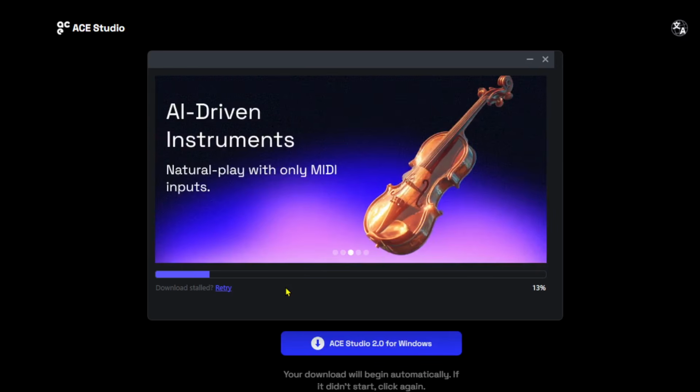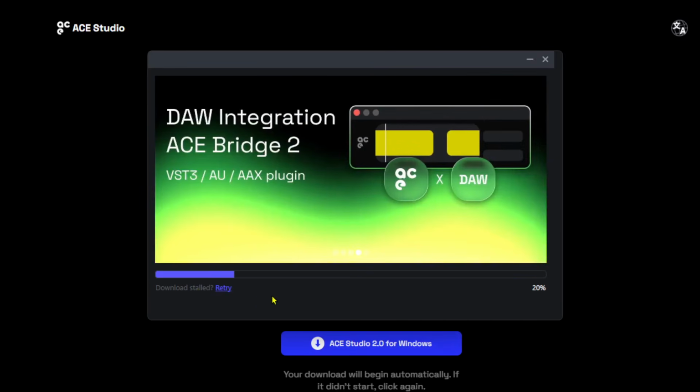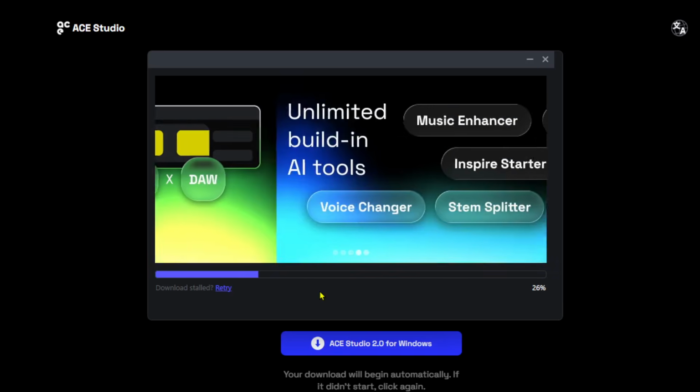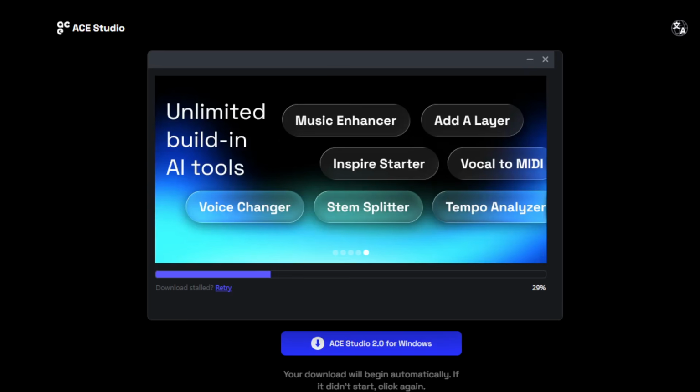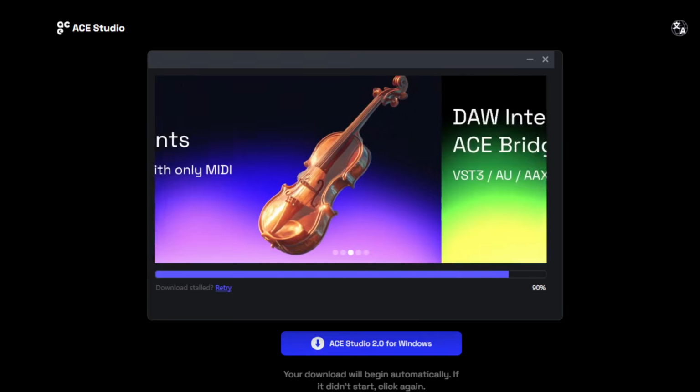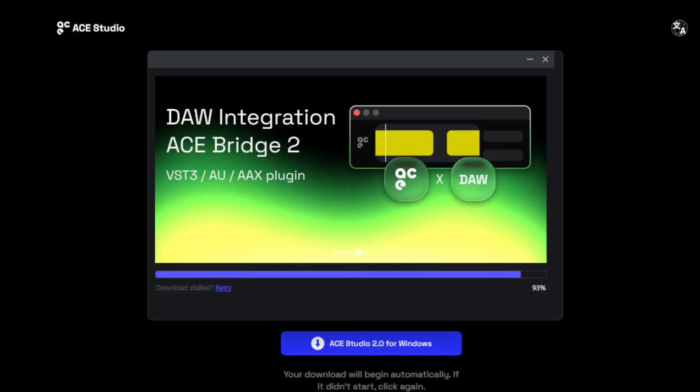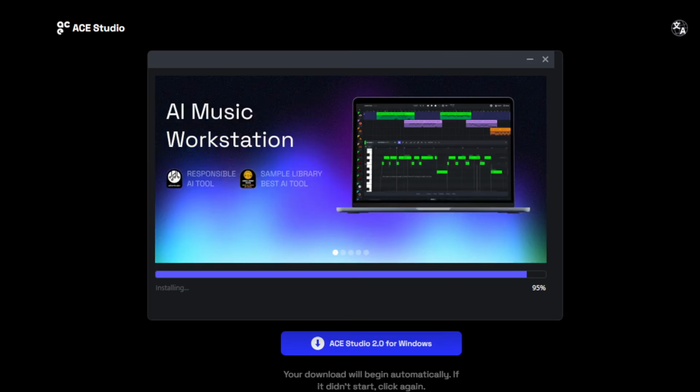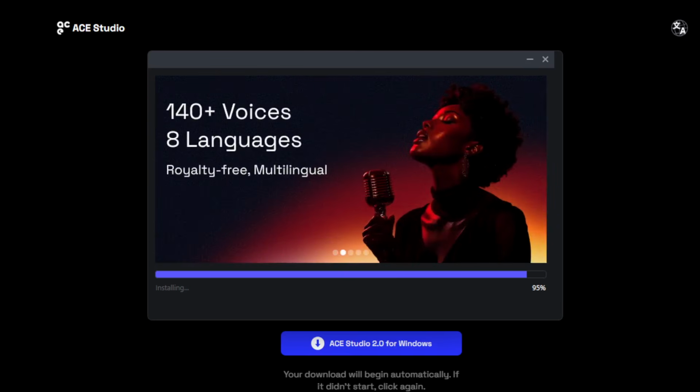And now I see this window appear, and it is downloading, and it's showing various splash pages of what exactly you can do with the tool. I'll give it some time to download fully. And it seems to be getting to the tail end of its download and processing. Probably just a few minutes left as it tidies everything up.